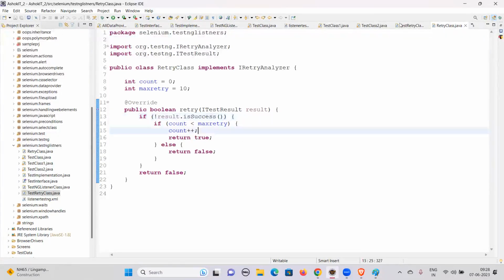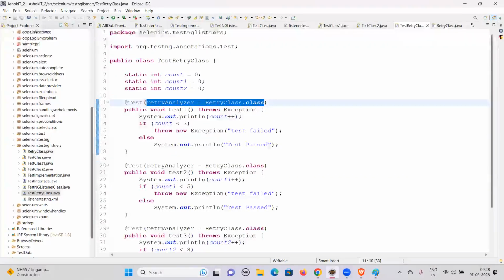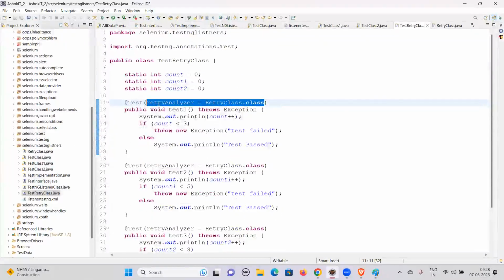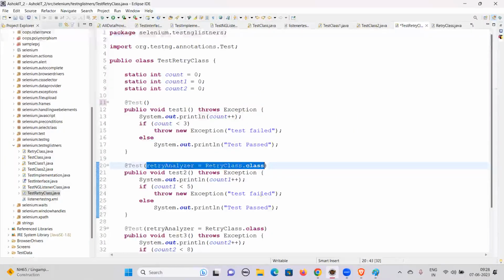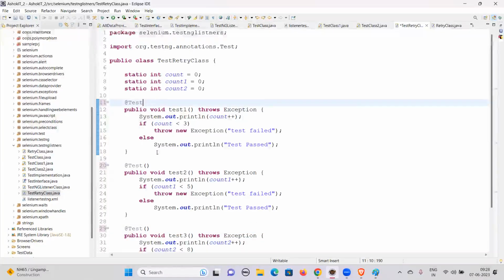But this is fine. Do you see that we are applying this for every method? Okay, we are applying it for every method. I don't want to do this. Sometimes I see that there are hundreds of methods. I cannot use retry unless it equals true, or retryAnalyzer equals Retry.class. Okay, just that I want to